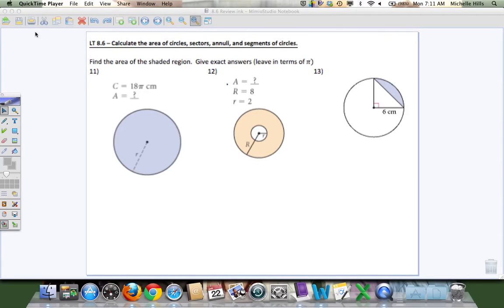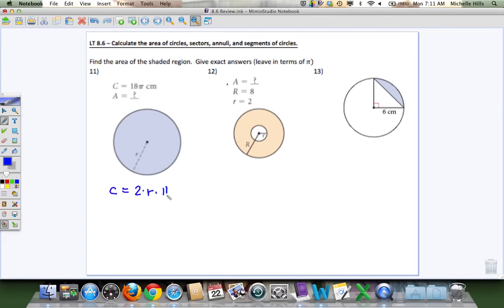So line target 8.6. The basic area of a circle is pi times the radius squared. In this case, they're telling me the circumference and they want the area. Well, the circumference is equal to 2 times the radius times pi. It's also pi times the diameter, but if I want to find the area, eventually I need to know the